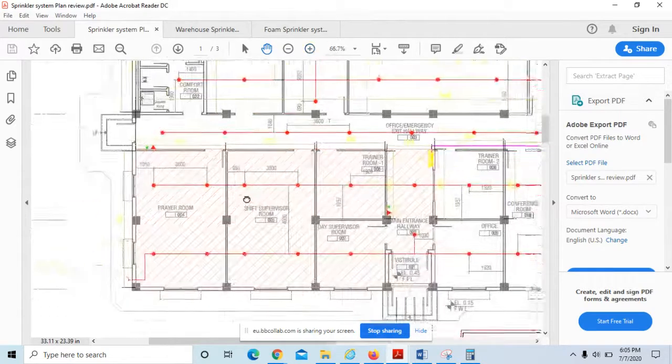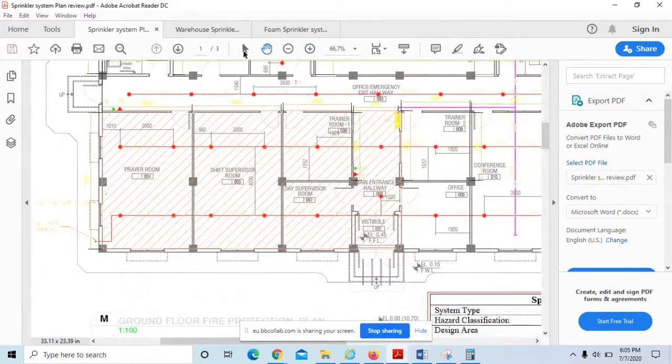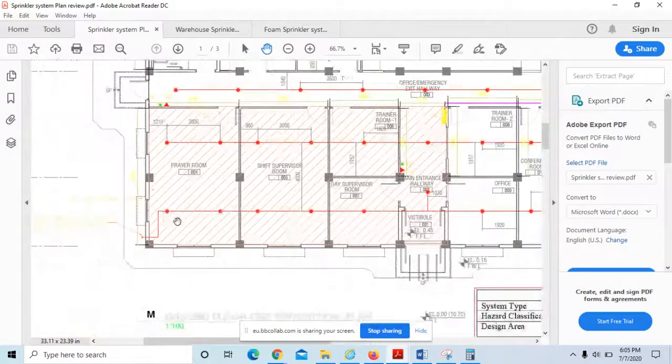But if you remember from the Elite software, we said that there needs to be some kind of node numbering from the most remote location: node 1, 2, 3, 4, 5, 6, and so on. But they have not mentioned this one. So this is one of the deficiencies in the drawing. You must need a node numbering on this point, right?